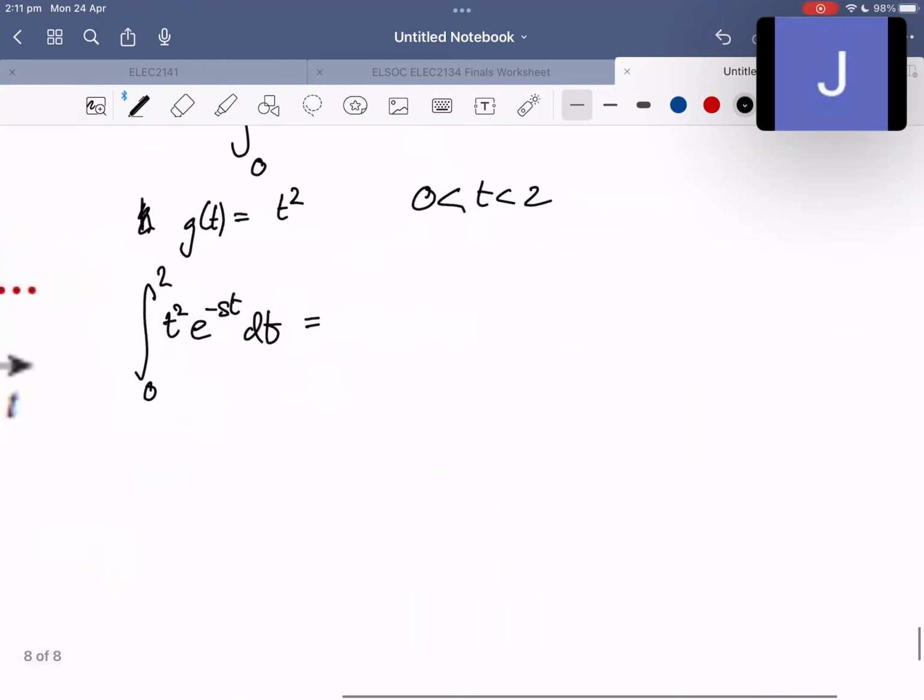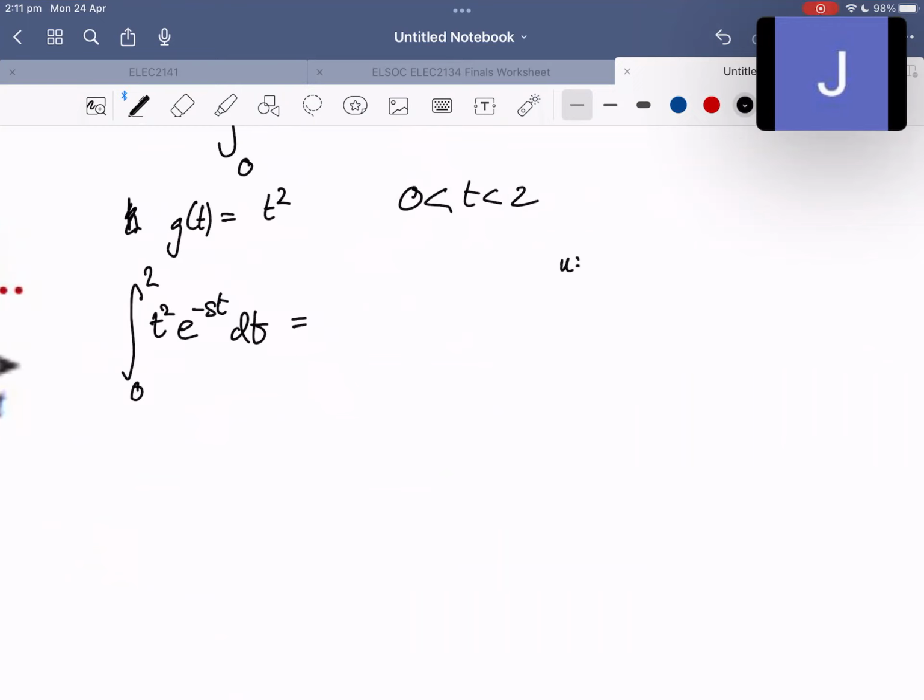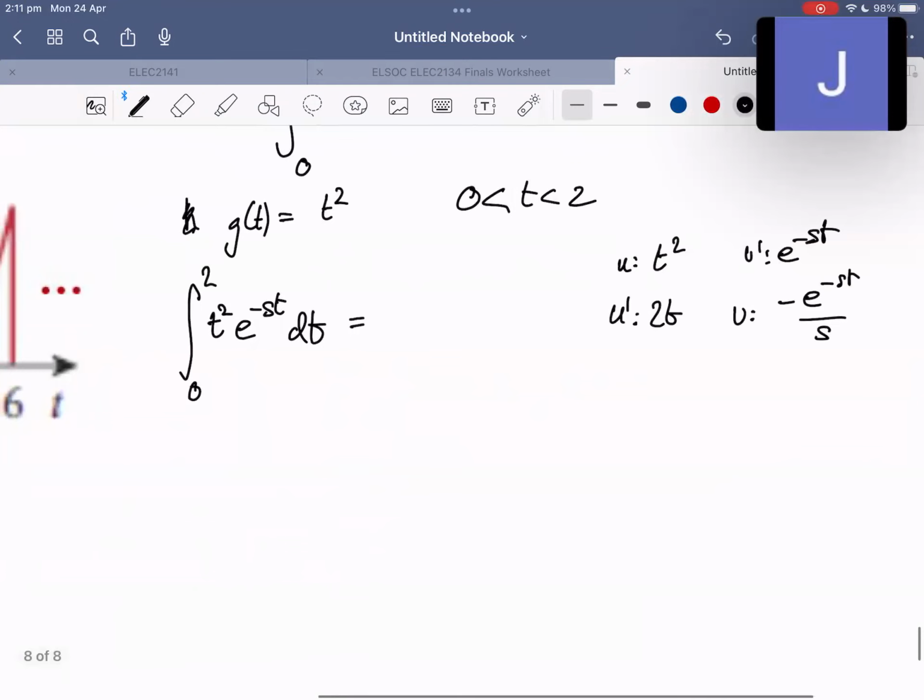It should be pretty quick. My u is t squared, my u dash is 2t, my v dash is e to the minus st, my v is minus e to the minus st over s. So that gives me